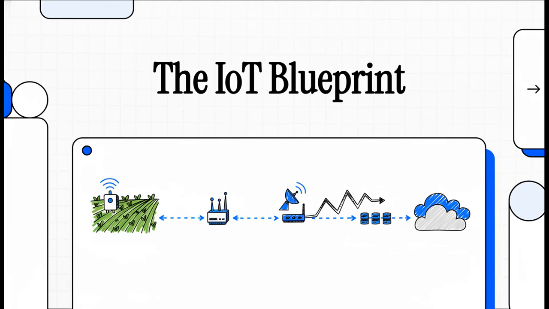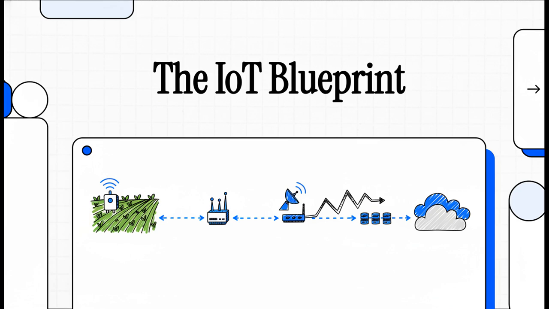All right, let's dive right into this explainer. Today, we're tearing down the walls and looking at the actual, literal plumbing of the Internet of Things. We all hear the buzzword IoT thrown around constantly, but how does a tiny smart sensor sitting in a massive, muddy agricultural field actually talk to a server thousands of miles away in just a fraction of a second? Well, we are going to trace that exact path, following the data from the very edge of the network straight